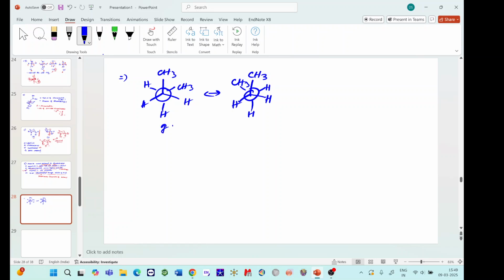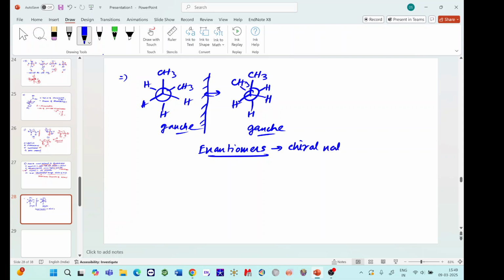It is also gauche. They are mirror images of each other and they are enantiomers. So we should expect some chiral nature, expected but not observed. Why? Because of the